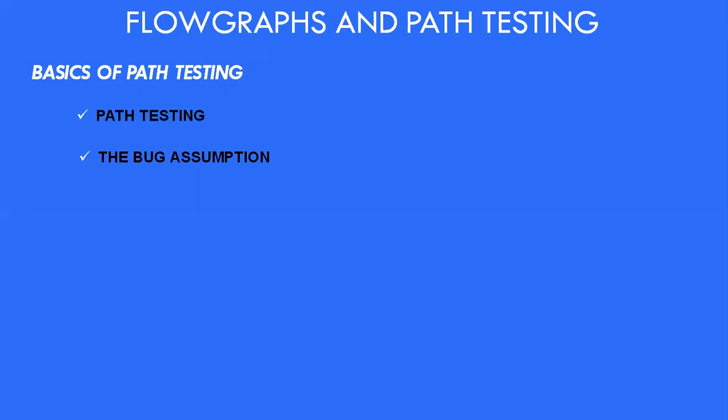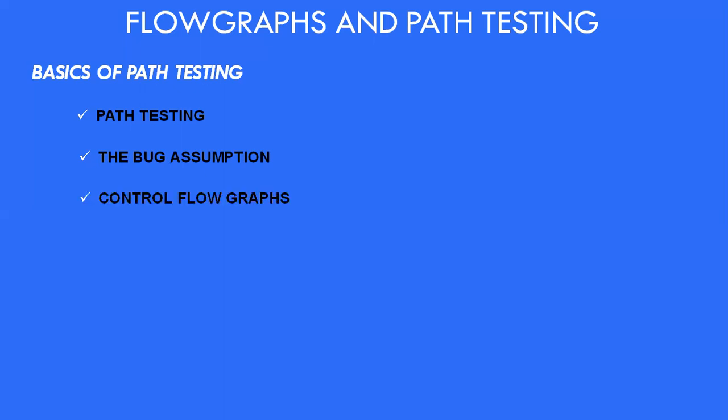So in structured programming languages, they prevent many of the bugs that are targeted by path testing. As a consequence, the effectiveness of path testing is reduced for such languages, and for old code programs like COBOL, ALP, Fortran, and BASIC, path testing is indispensable. Since we are using it in the old programs, we are going to use this path testing in programs like COBOL, Fortran, BASIC, ALP, and so on.